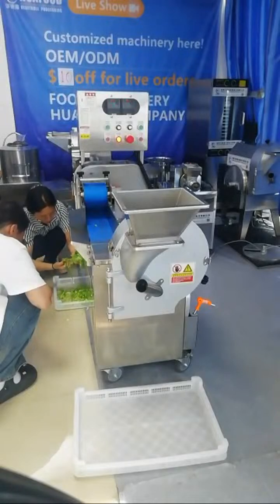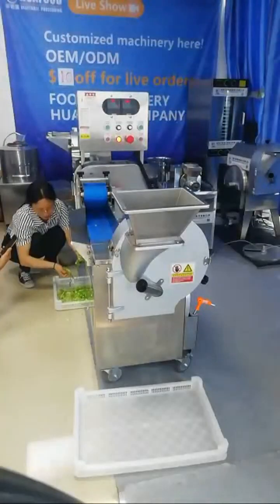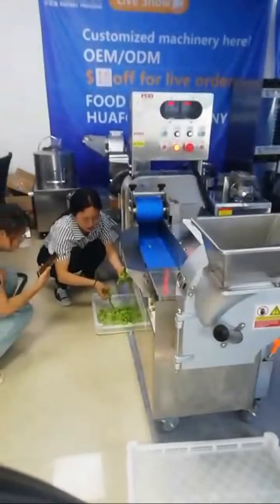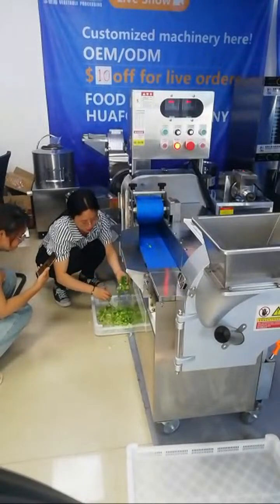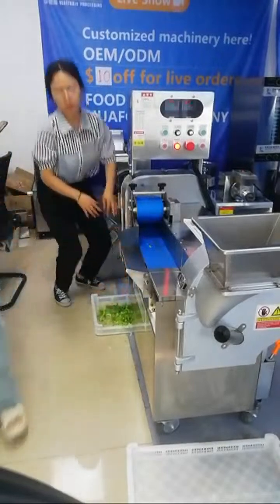You can see it's very suitable for restaurants or big factories for vegetable processing. If you want to do night vegetable processing, this machine is very suitable for you, and you can use it to cut different vegetables. Okay, let's do another testing for the